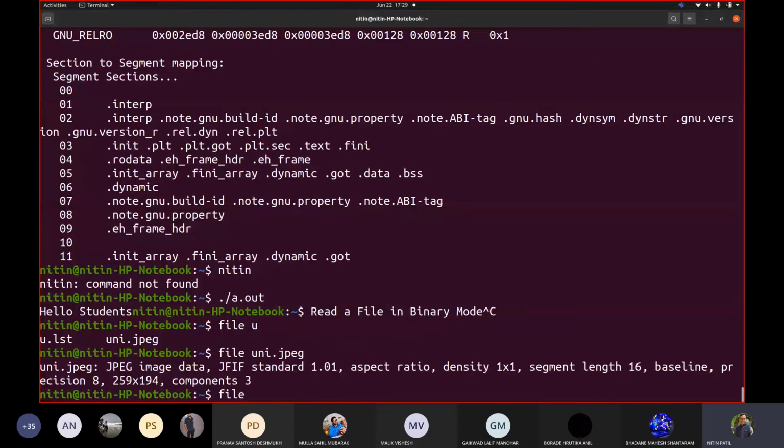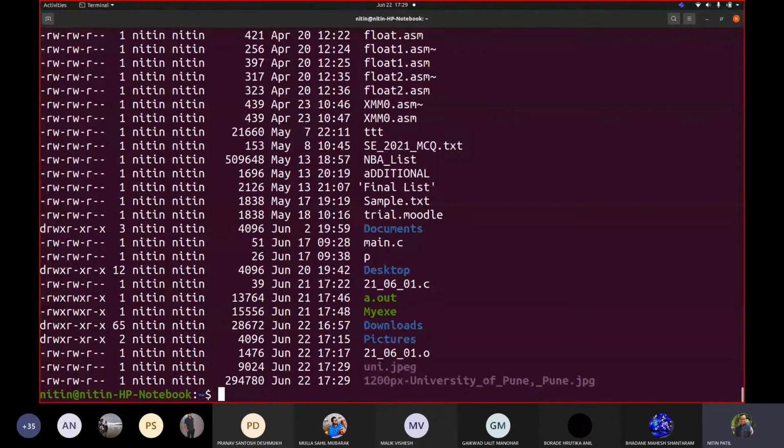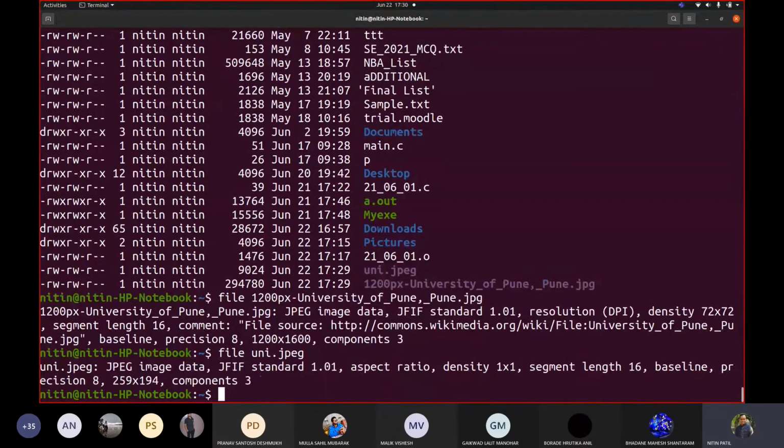So ls -ltr. File 1200 and file uni. Now see the difference in both. It is JPEG image data, JFIF standard, resolution, DPI, density, segment length, and so on. Even it contains source as well.